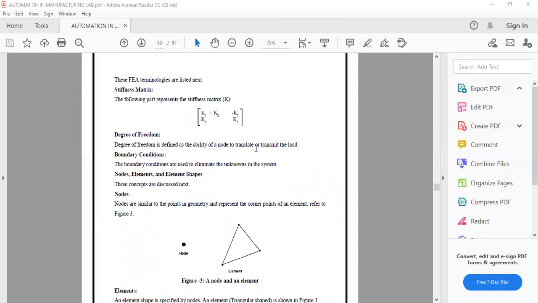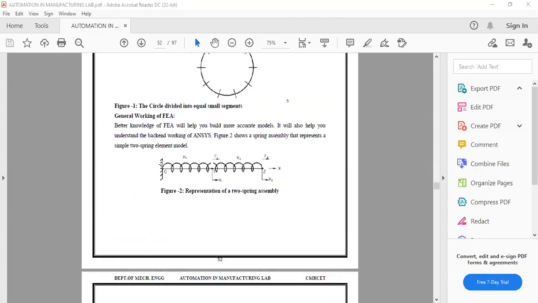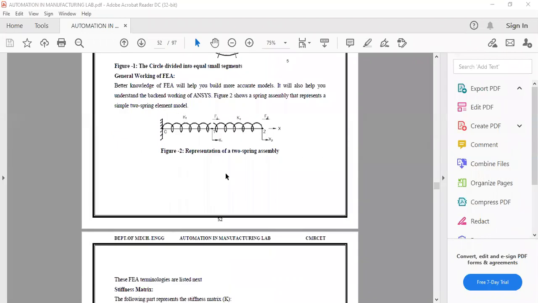For example, we have in total 6 degrees of freedom, right? A point in 3D space can translate in 3 directions and can rotate about those 3 axes. So we constrain some degrees of freedom. For example, if that beam is fixed here, for this node you will fix all degrees of freedom. It cannot translate in the 3 axes, nor can it rotate.